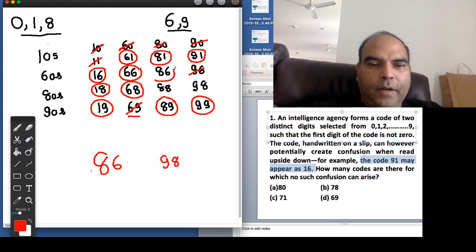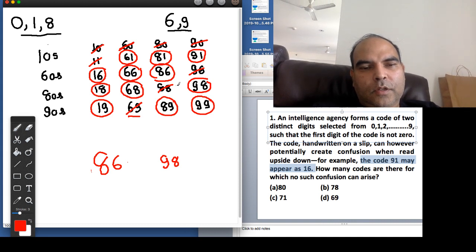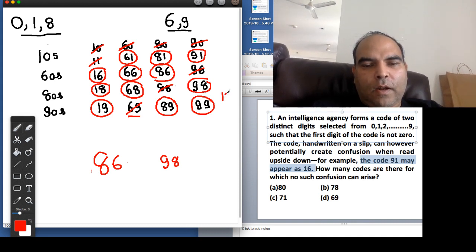So this is another pair. And 88 will look like 88 itself, so that's not going to cause a problem. So what you can see is that there are a total of 12 numbers that are going to cause the problem from 90, and hence